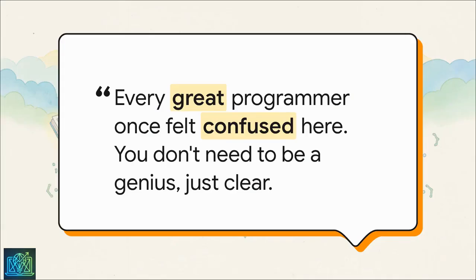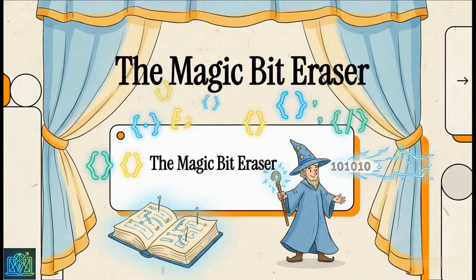And look, I just want to leave you with this. If your brain feels a little bit fuzzy right now, that's a good thing. It's totally normal. It means you're stretching it and learning something new. You don't have to be a genius to get this stuff. You just need clarity. I promise you, every single great programmer you look up to once stared at these exact same symbols and felt completely lost. You just took a massive step toward understanding how computers actually